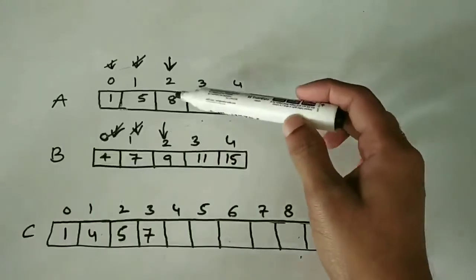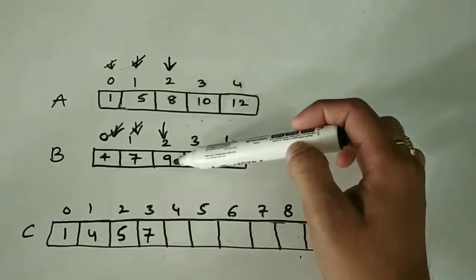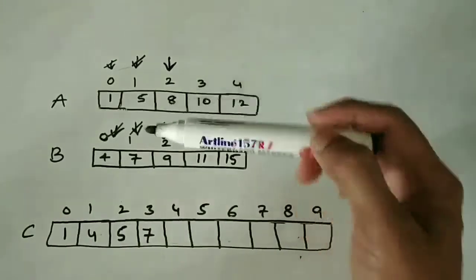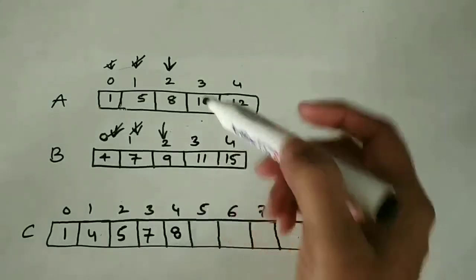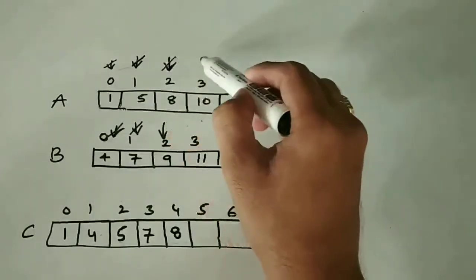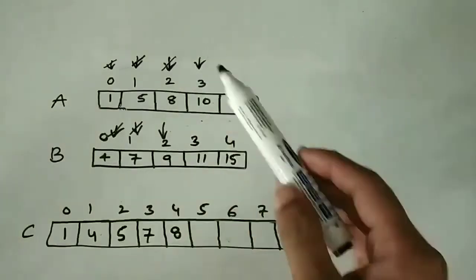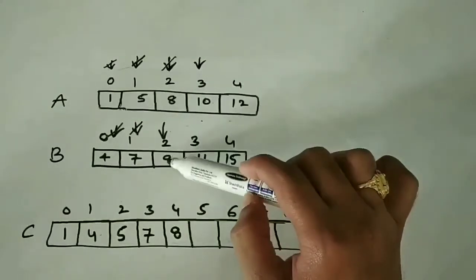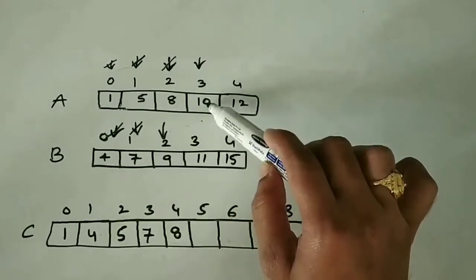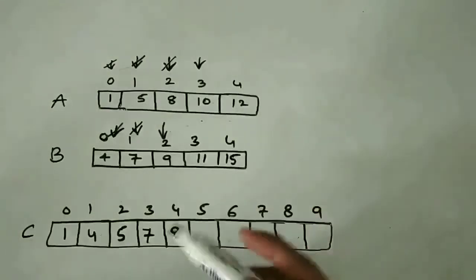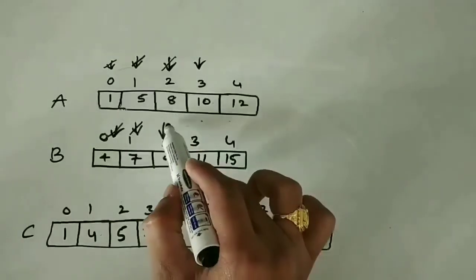Again I will compare 8 with 9. 8 is smaller than 9, so I will add 8 to the third array and I increment the index, and I compare again. Here 9 is lesser than 10, so I will add 9 to the third array and I increment